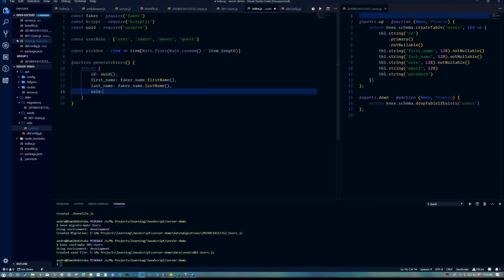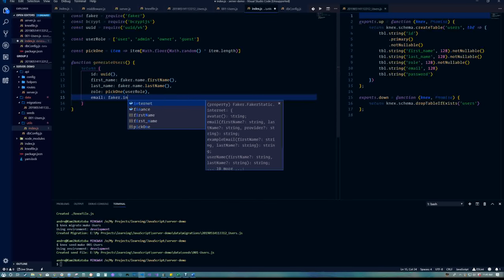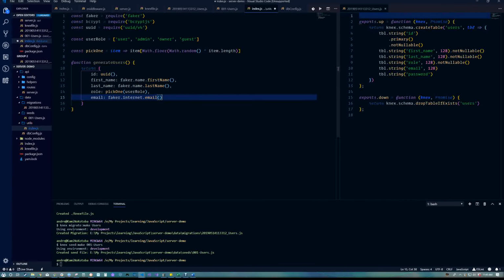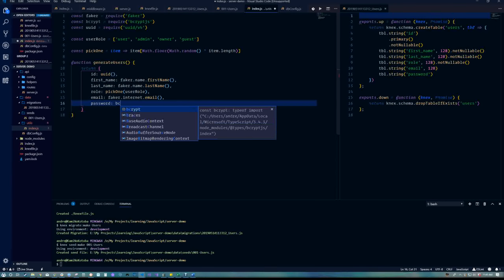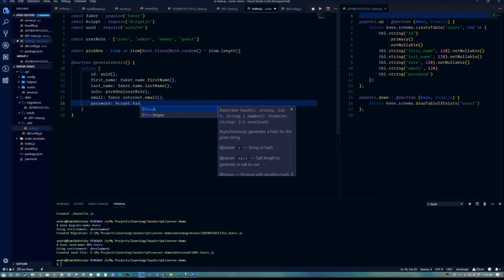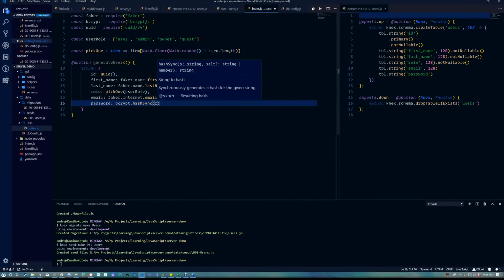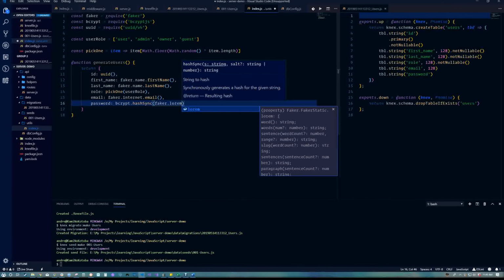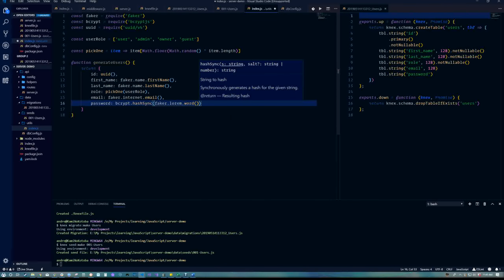And then role. And then we're going to be using that pickOne method that I talked about earlier, and we're going to pass it that userRole, email, so faker.internet.email, and then password. This is the fun one where we get to use bcrypt, so we have bcrypt.hashSync, and then faker.lorem.word. This is going to just generate a word